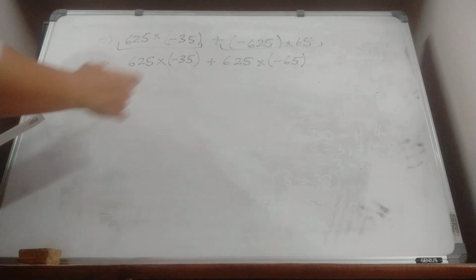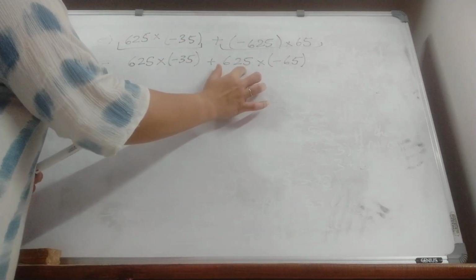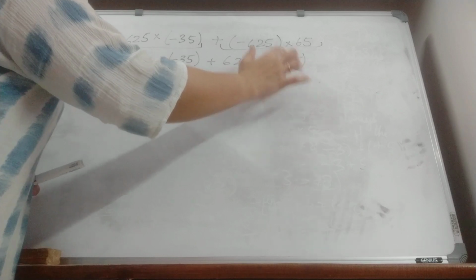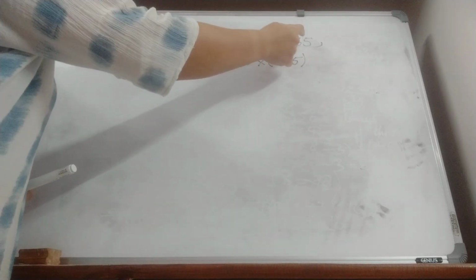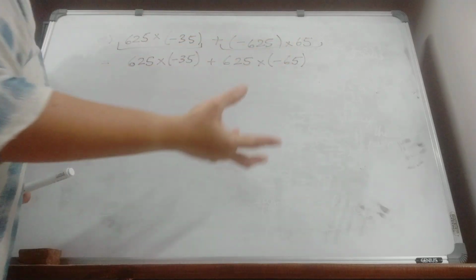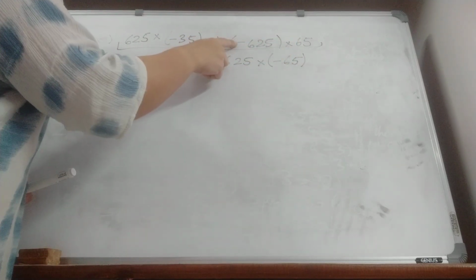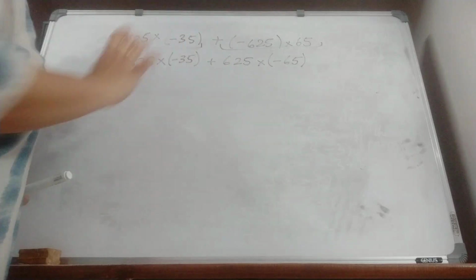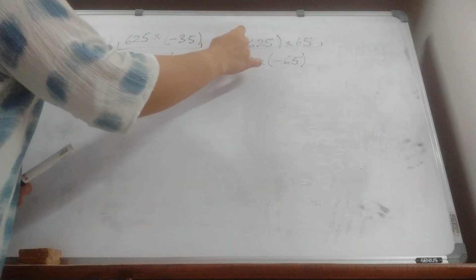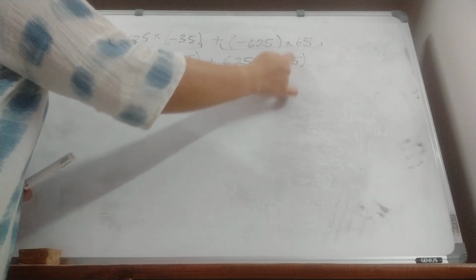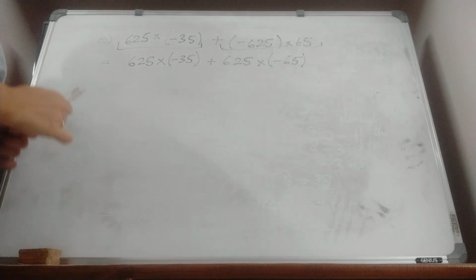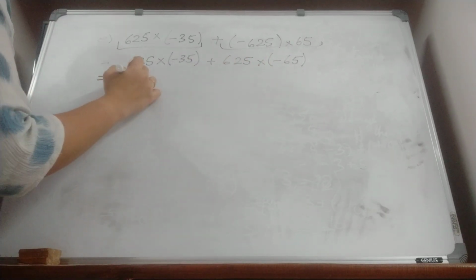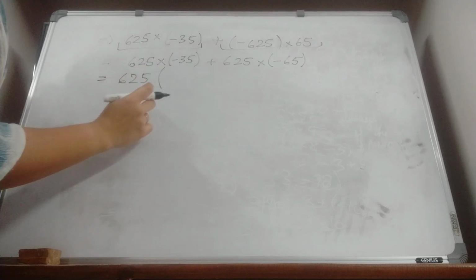Okay, so I can write 625 as a positive number and take this minus sign to this number, because 625 into 65 will give the same answer. You have one negative sign, whether it is on this or on this, the answer will not change. Now here, why have I shifted this negative sign to this side? So that I have 625 same in both the terms. So now I'll take 625 common and I'm left with